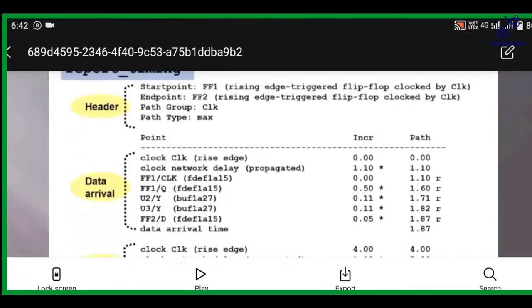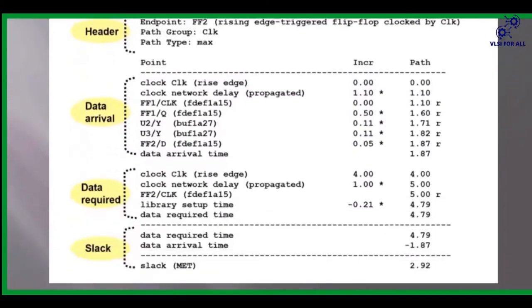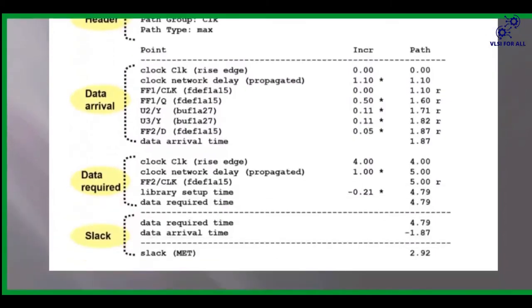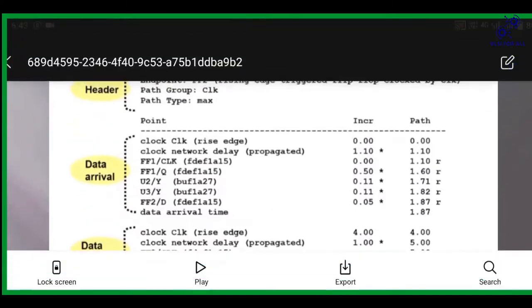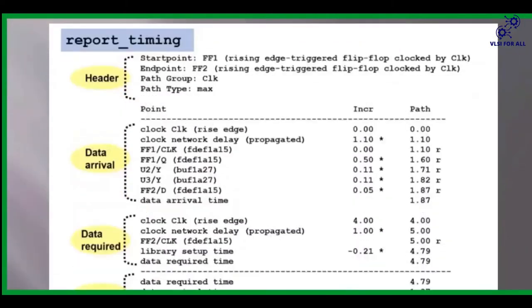In a timing report, how many parts will we have? Four parts: header, data arrival, data required, and slack. What does the header consist of? It consists of start point, end point, path group, path type. That means in which path group it's going and which path type it is. Next, what is data arrival? In data arrival, we'll have in which clock it is rising edge, network delay, flip flops, data arrival time, everything.